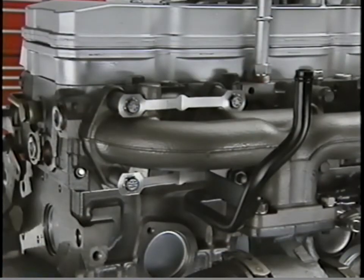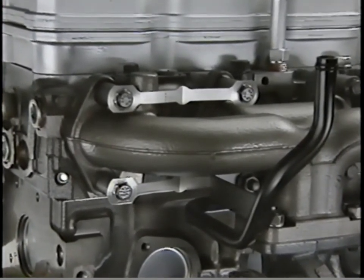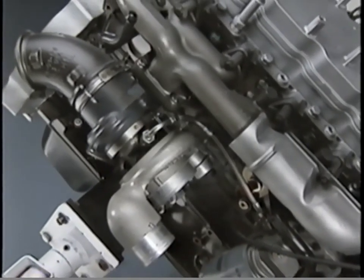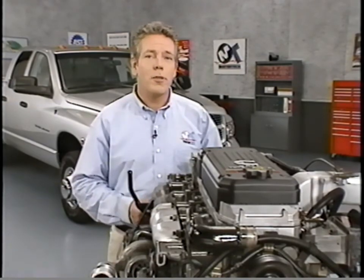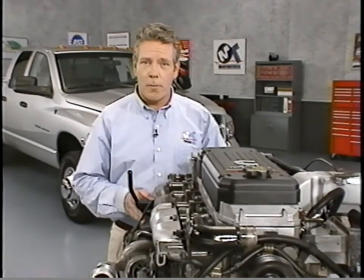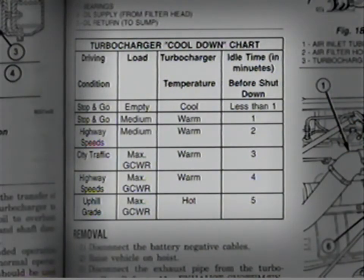On the exhaust side, the exhaust manifold now uses two lock plates, which are not reusable. The turbocharger is also similar to those used on previous engines. The turbocharger wastegate is not adjustable. Just as with previous engines, customers can help keep turbochargers operating properly by following the recommendations for allowing turbo RPM and temperature to decrease before turning off the engine. These recommendations are located in the owner's manual and involve running the engine at idle for a period of time